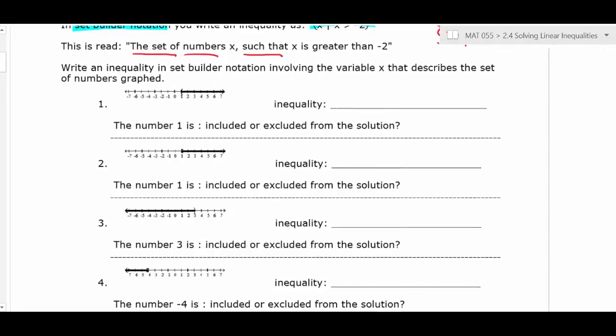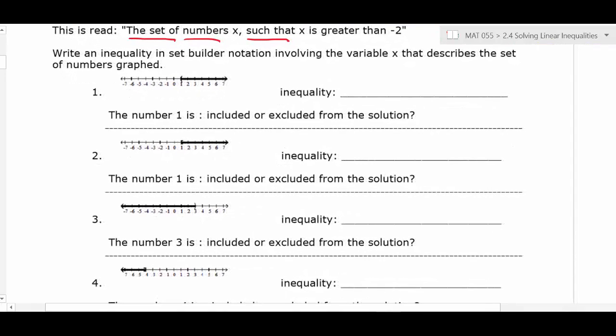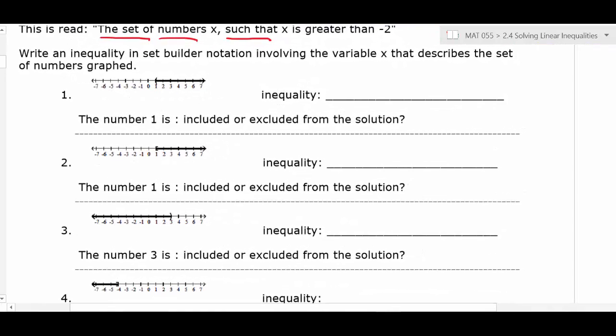So I'm going to zoom in on this a little bit so it displays better on my video as I do these. Okay, so what this one is showing is it's got all of the numbers that are to the right of 1. All right, so first of all, if you're to the right of something, then you're going to be greater than. All right. However, this is a parenthesis, and a parenthesis is going to mean that endpoint number 1 is excluded